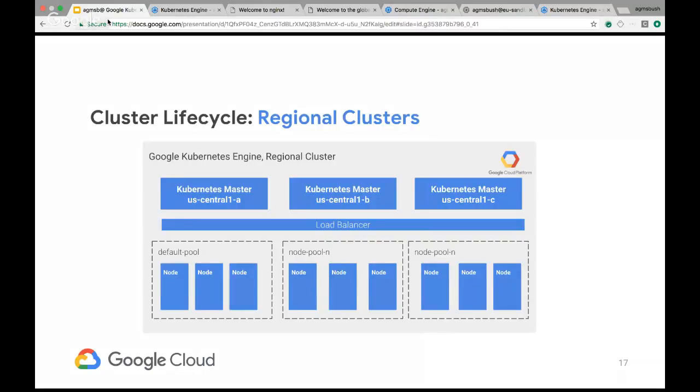So another thing that you might want to think about when rolling your own Kubernetes cluster is, how do I achieve high availability, right? High availability is important because maybe I want to do an upgrade for my Kubernetes control plane, but if you only have a single master, obviously there's going to be some downtime. Well, in GKE, we have something called regional clusters. And what's cool about that is that we'll have 3 replicas of the Kubernetes control plane. And that actually allows you to do rolling upgrades and things like that with zero downtime, right? And now we're able to also have high availability.